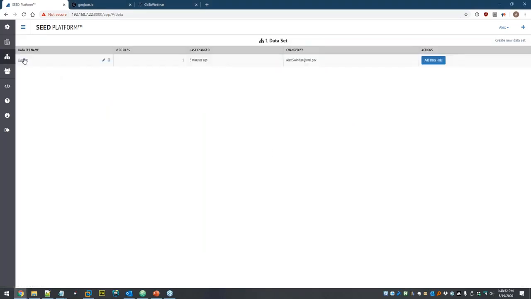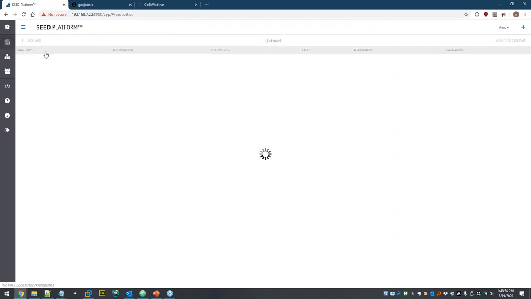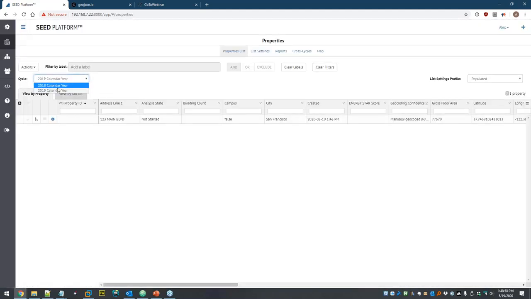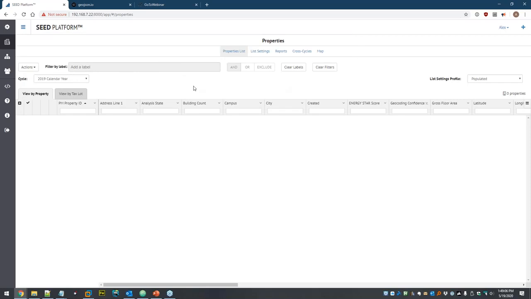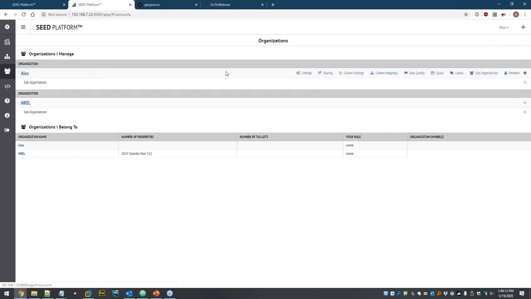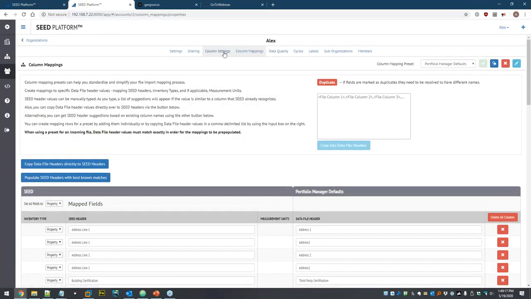So let me clear out my records. And I've already got 2 cycles created. I haven't populated 2018 yet, so we'll do that next. And since we were looking at the organization page earlier, it's probably worth revisiting that now. Back on the column settings,